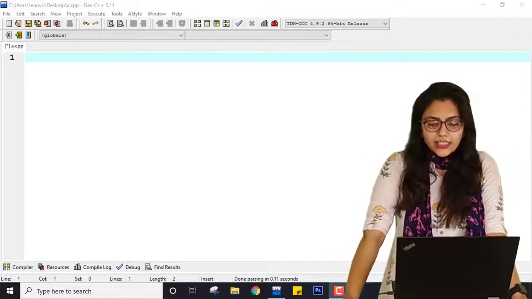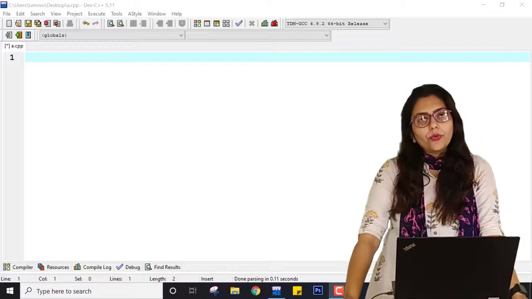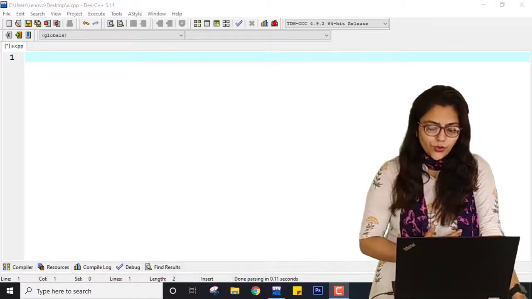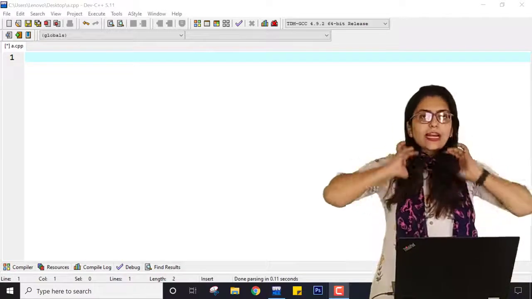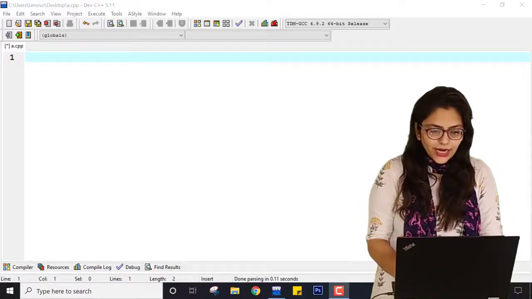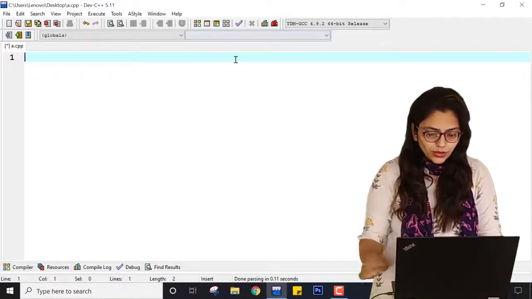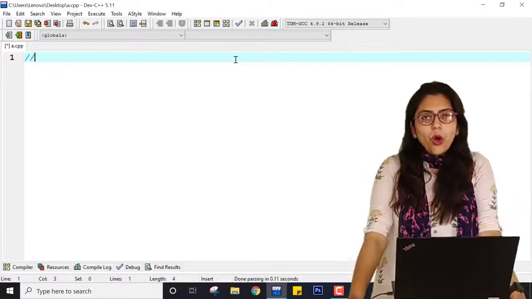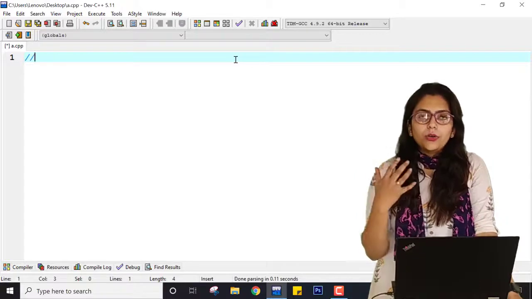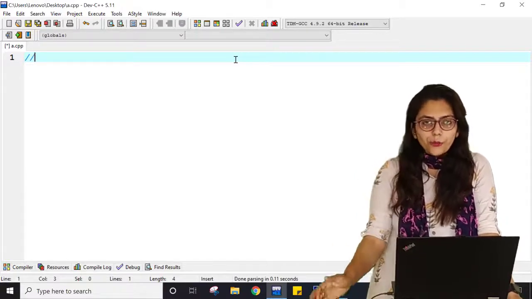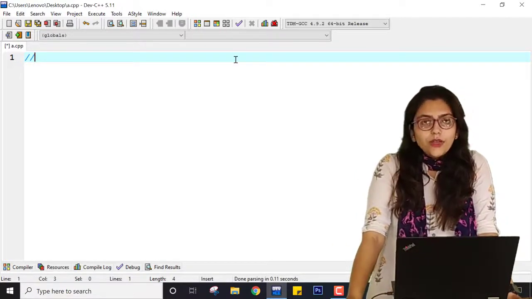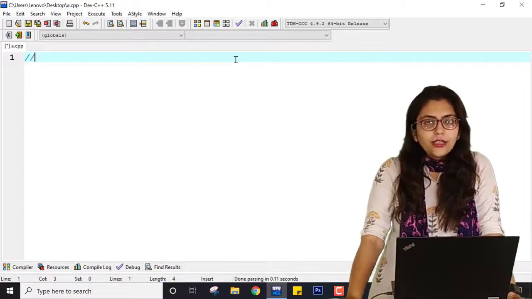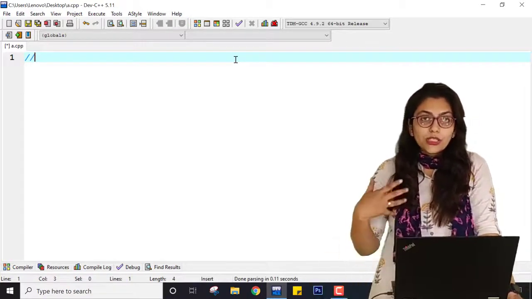Inside my IDE, I'm going to show you how you can define a function and call a function, and what the variants of it are. First of all, I would like to write the aim. I am going to perform a very simple program. You all know how to write a program to perform the operations of a calculator, and we have all performed this program. Now I am going to show you how you can write the code by using functions.